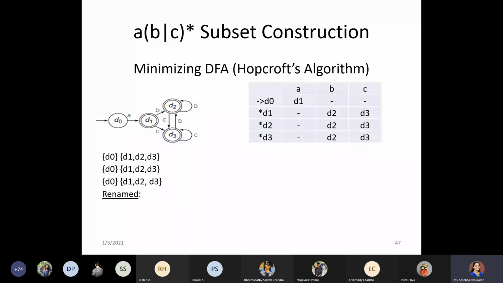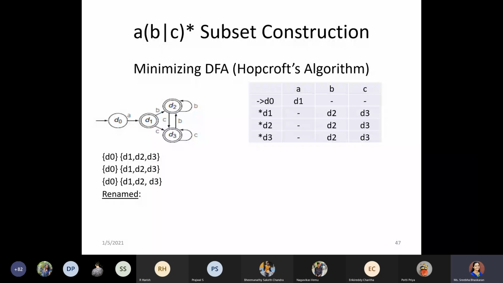When we were looking at the transition table, we were looking at each transition and the contents in each of those transitions. If you pick a transition with respect to A, whichever states you are moving to, if both states were in the same group in the previous iteration, then we consider it to be in the same group. If the transitions are in two different groups, then we will try to split. That is how this grouping algorithm was working.